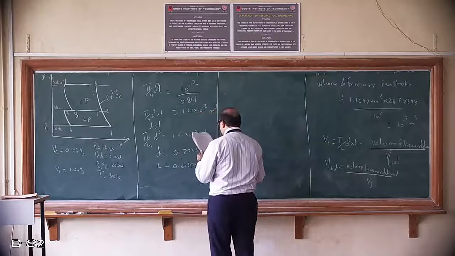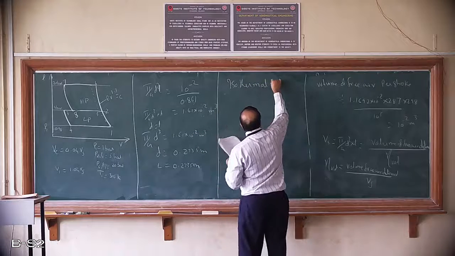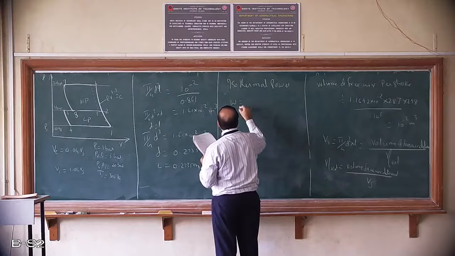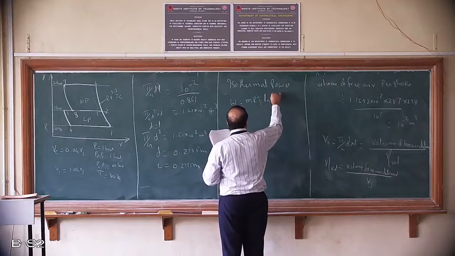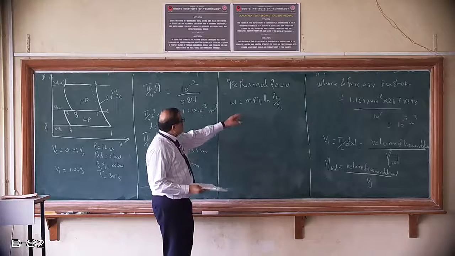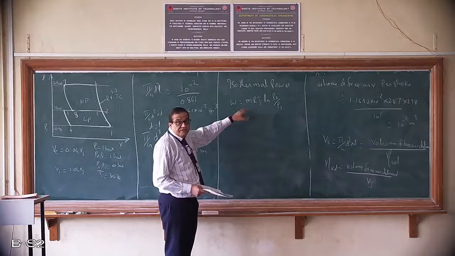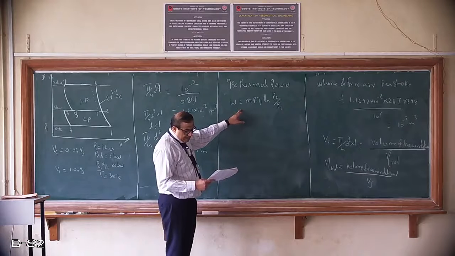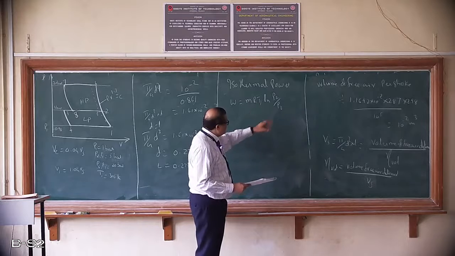So once we know that, we need to learn how do we calculate isothermal power. So there is a simple equation. Isothermal power, W isothermal is m R T1 into ln of P2 by P1. This is the equation which you need to remember. Okay. For isothermal efficiency, how do you calculate isothermal efficiency? So with this isothermal power, we need to know divided by the actual power. So isothermal power can be calculated using this equation.